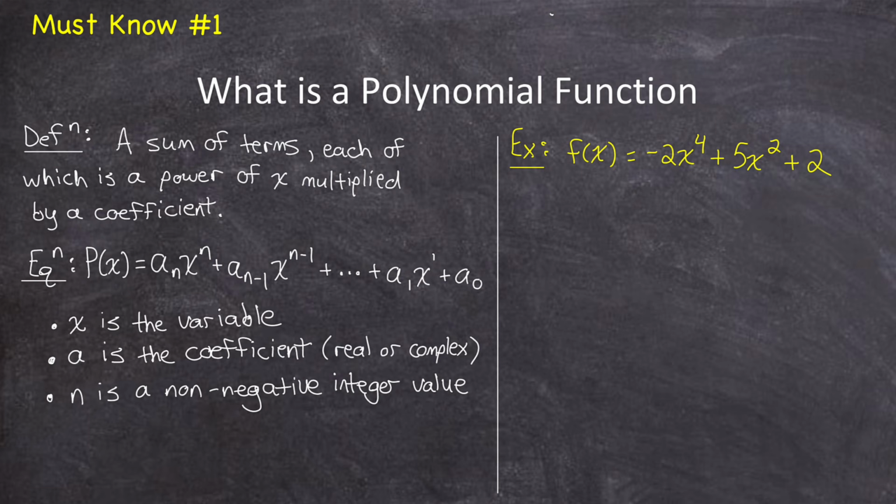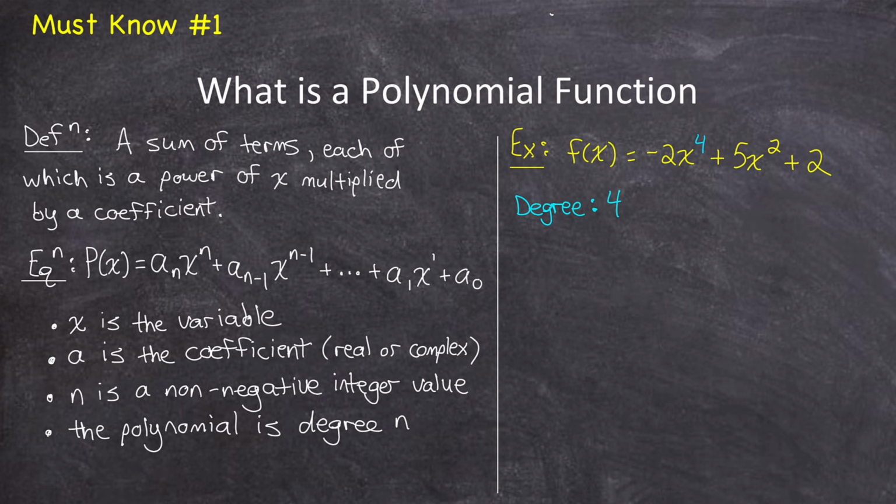And you can see over in our sample function, the exponents on the x's are all non-negative integer values. And then because this n represents the highest exponent on any x, we know that this term would be the highest degree term. It would be degree n, making the whole degree of the polynomial degree n. So looking at the sample equation, the highest exponent is 4,